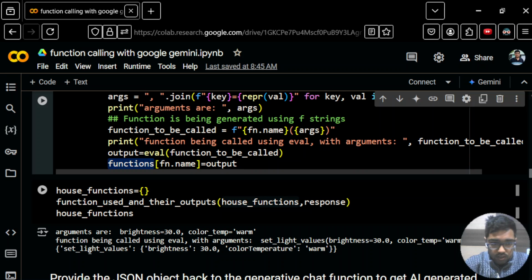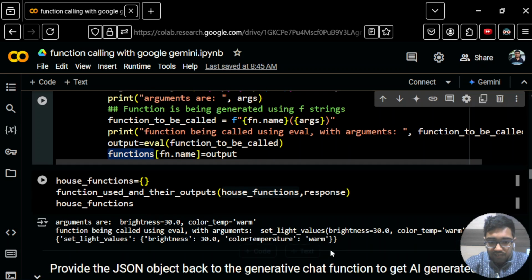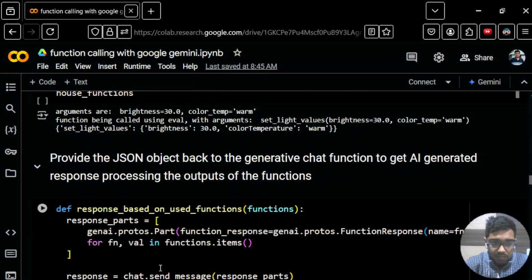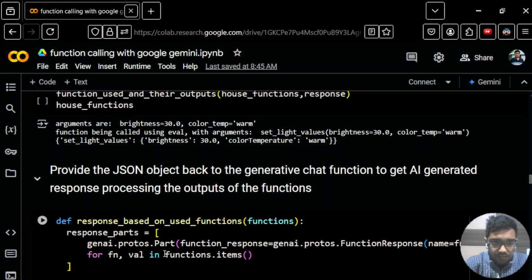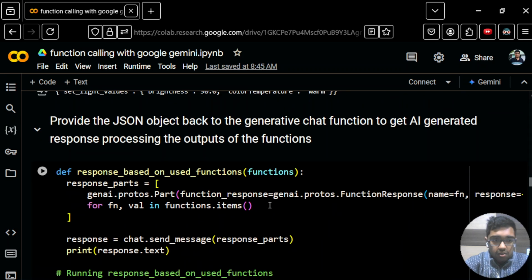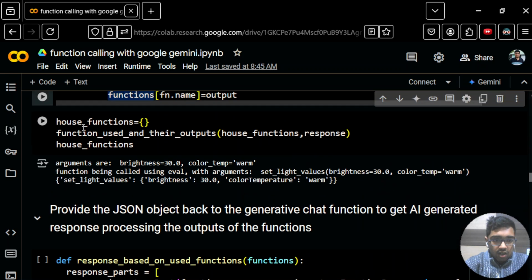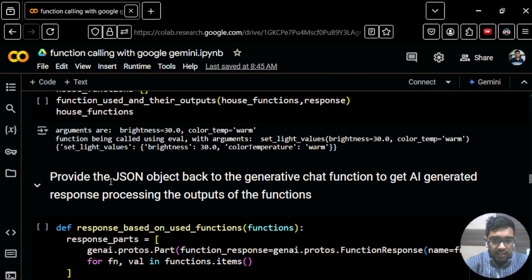So this is what we got, and since only one function was there over here, so we got one function only, one key value pair only. If multiple functions would have been suggested, then this process would have been iterated, and then multiple values we would have got. Okay, so after this, now since we got this house functions with the function and its return value,